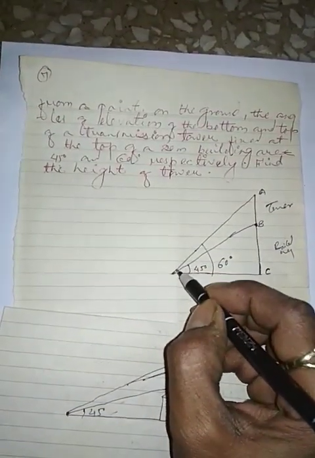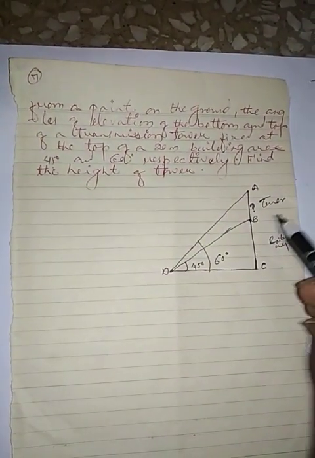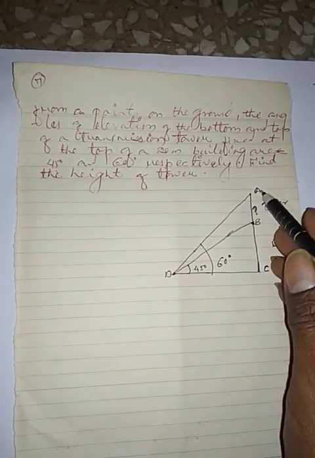So this point is noted to be D. After all, now I shall remove this figure and we shall carry up the figure with this, and the question says: find the height of the tower. You have to take out this point height. So in order to take out this point, according to the formulas available with us, we have to know first DC or CD. Then only you can take out AB, because AB is the part of AC, and we have already here ABC to be 20 meter. So building is 20 meter.